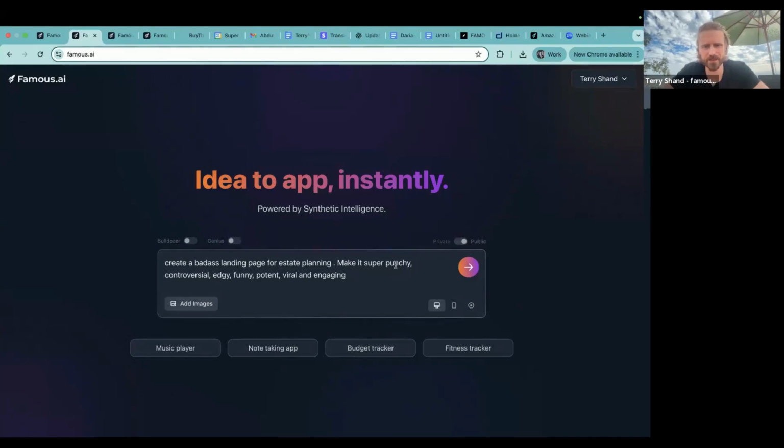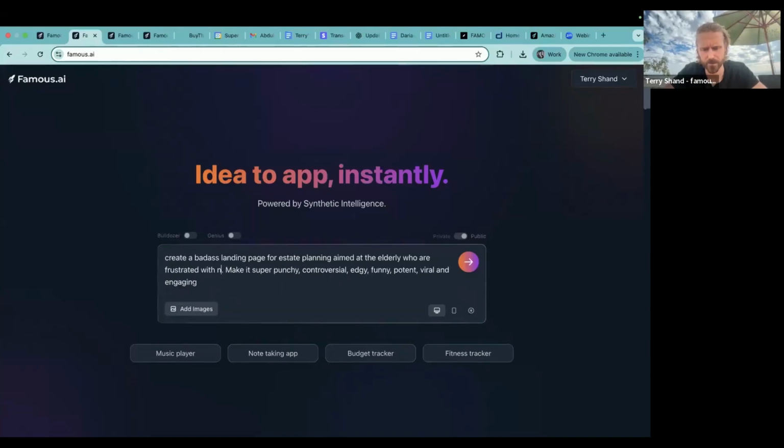Create a badass landing page for estate planning aimed at the elderly who are frustrated with not enough traction. Make it super punchy, controversial, edgy, funny, potent, viral, and engaging.